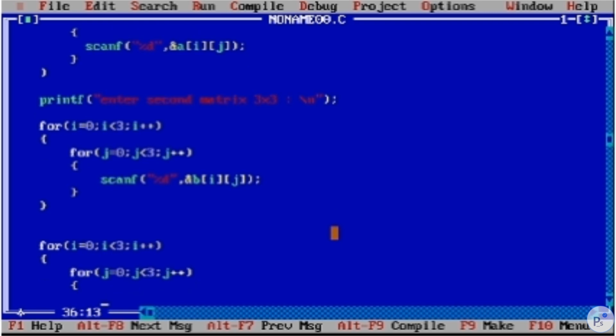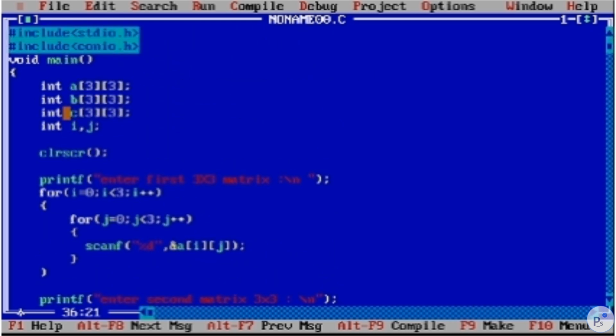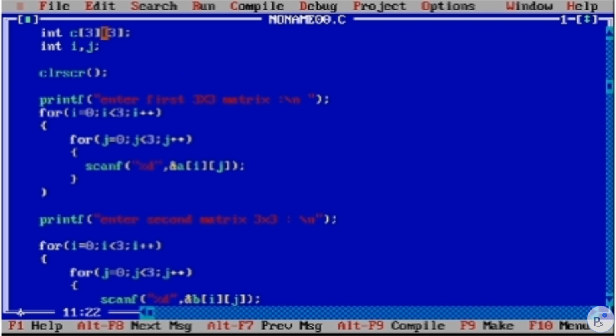This step is common for all the matrix operations. We want to perform the addition operation, and we are storing the result in the two-dimensional array that we have defined here.